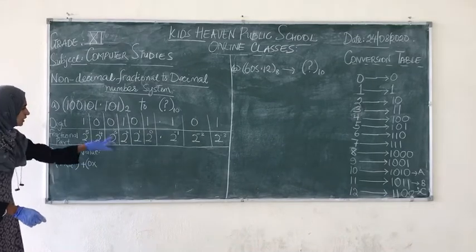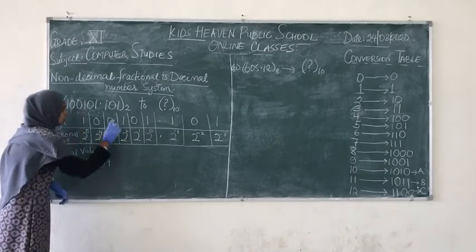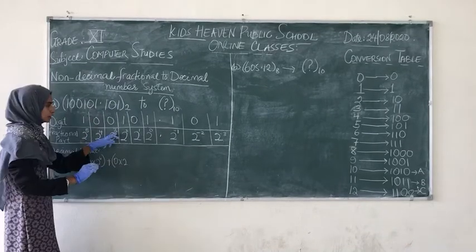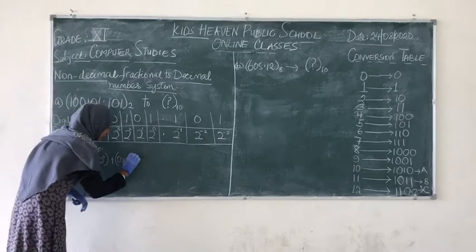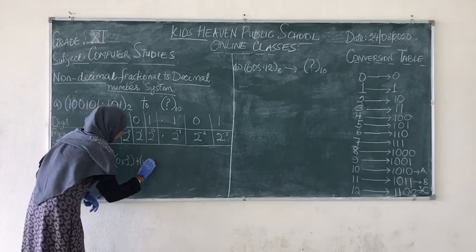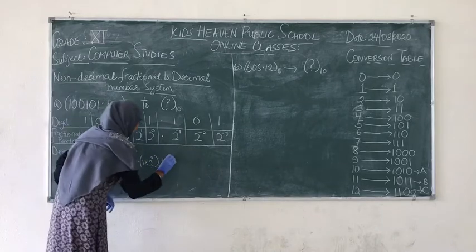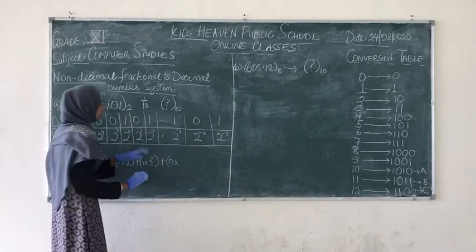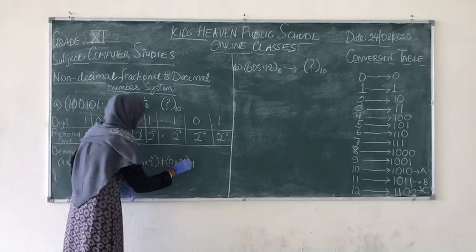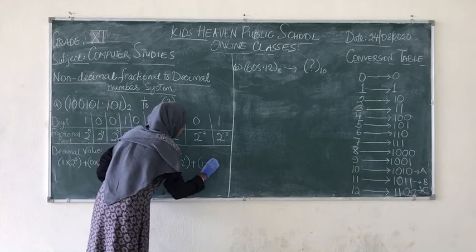Now let's multiply the second one. 2 to power 4 plus the next digit 0 multiplied by 2 to power 3 plus 1 multiplied by 2 to power 2 plus 0 multiplied by 2 to power 1